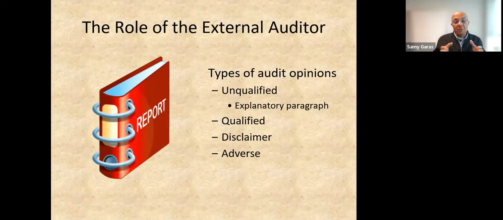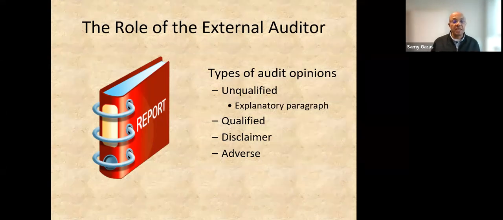If there is a scope limitation on the audit work, it means the management didn't support the auditor or did not provide all the information he needs, then the auditor can go for qualified opinion. Or if the management departed from the US GAAP without any clear explanation, it might go for qualified opinion.